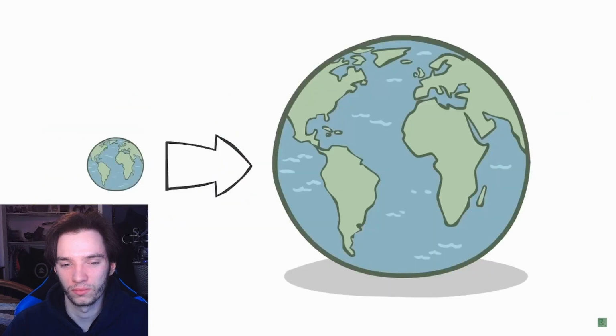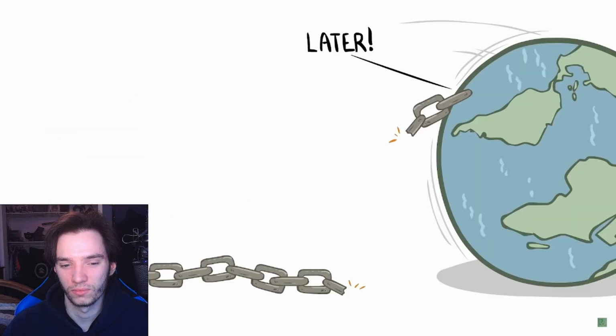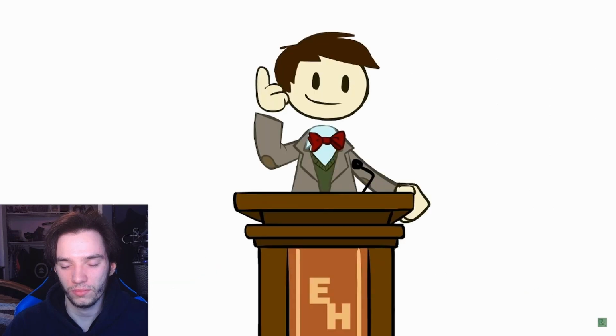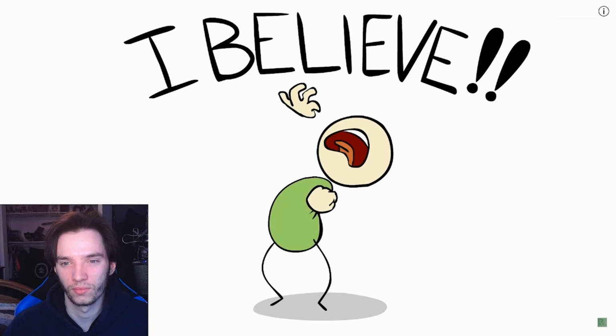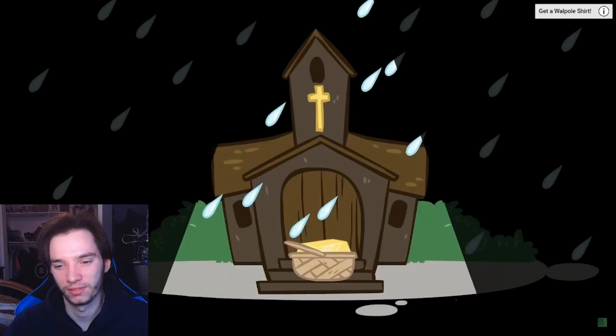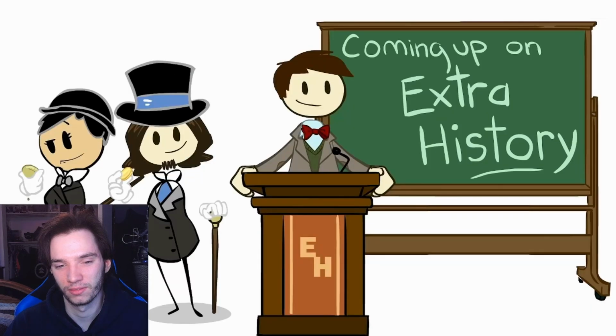And this has helped fuel the growth of a world no longer bound by the amount of gold and silver that's being passed around. But there's one more step to go before we get to the world we live in today, where currency is divorced from any real value except the value we give it, where money works because we believe it works. And that step is abandoning the gold standard. So join us next time as we wrap up the history of paper money.